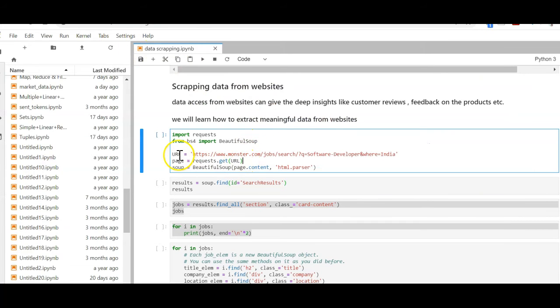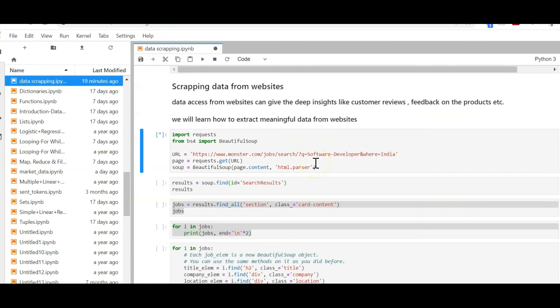Here I pass this website into a URL parameter, then requests is the library, and then get the URL. Before that you need to import the requests library, and then import from the BeautifulSoup bs4 function. Execute this code.